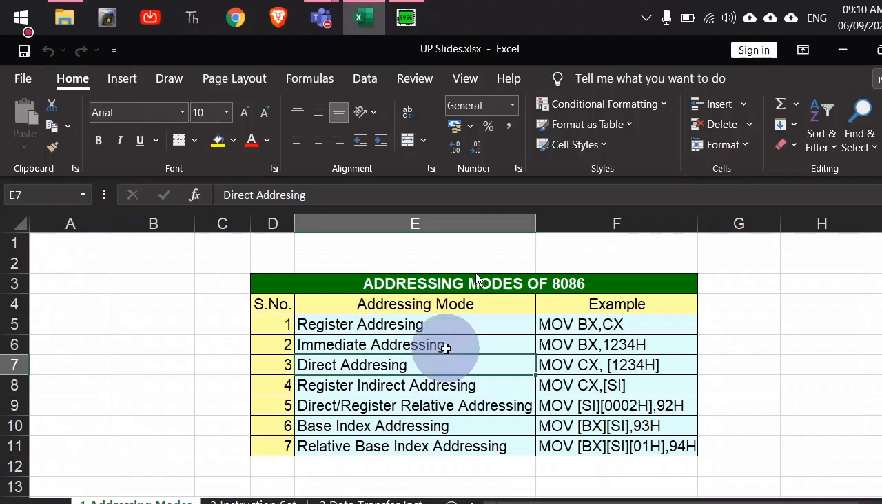So after reading the addressing modes, now it is the time for studying the instruction set of 8086. Sir, in register relative addressing, SI and then 0002 is written. It means that after SI plus 2 address is